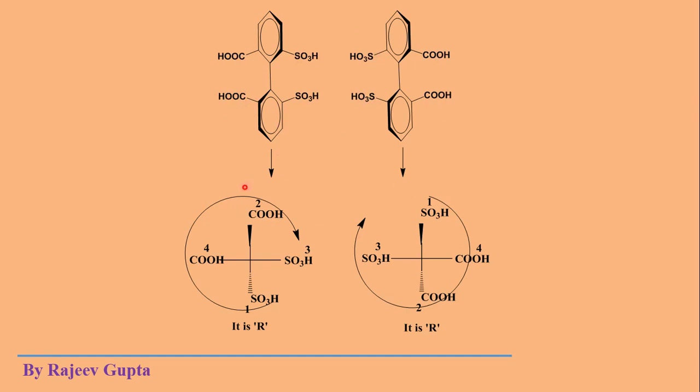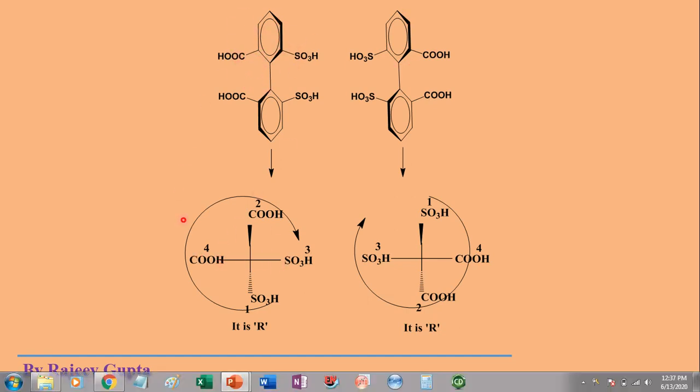Now suppose this portion is, as we considered, present in the plane of the paper, this upper portion in both structures in the plane of the paper. Okay, so this portion we will put at the horizontal line. Here carboxylic, this sulfonic here. Okay, in this wedge-dash portion, on the wedge a carboxylic acid is present, so this comes at the wedge.